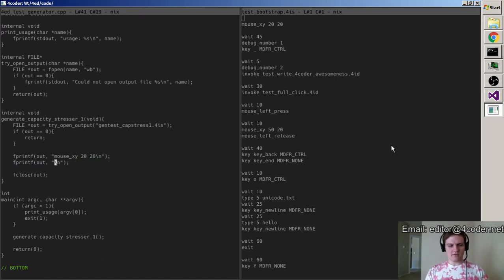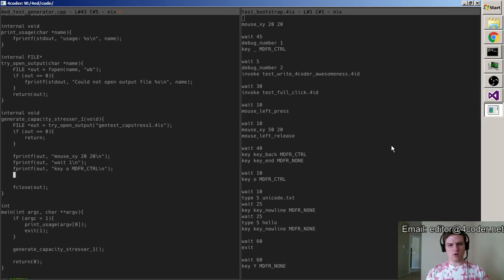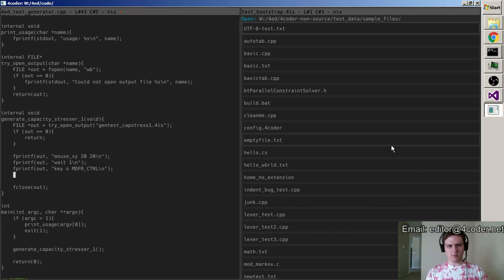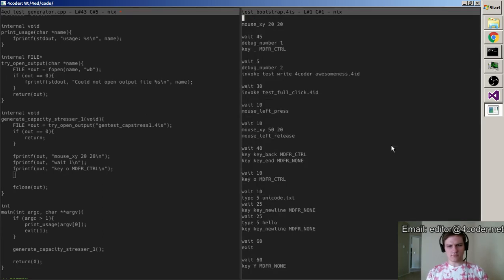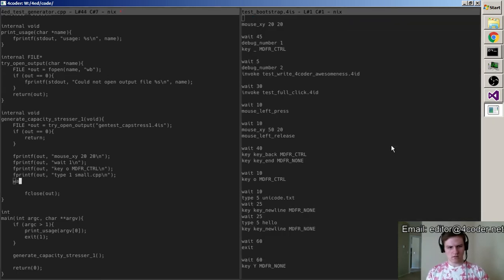Alright, so the first thing this is going to do is we're going to wait 1, and then we're going to key O modifier control to open a file. It'll be right here, and then we're going to type with one space between each small.cpp. Then we're going to